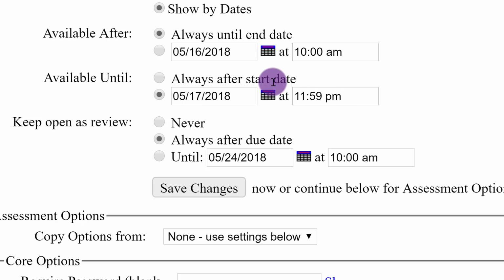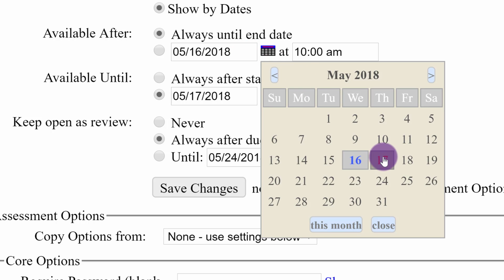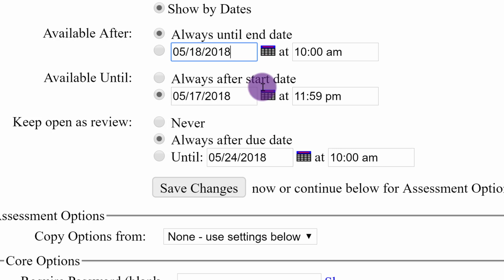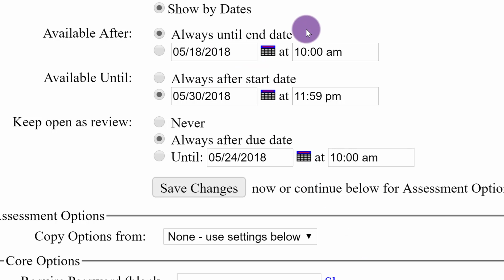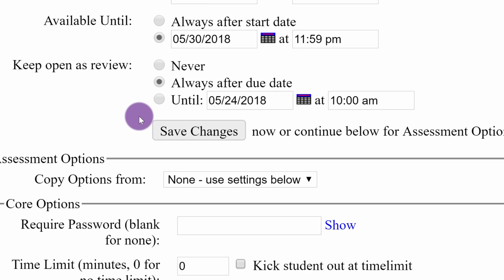And notice that there's these little calendar icons next to the date input. Those are little date pickers where you can go in and actually pick your date from a visual thing. So you can select dates from that calendar. And then there's a third option that's keep open as review, which would mean that students could access the assignment